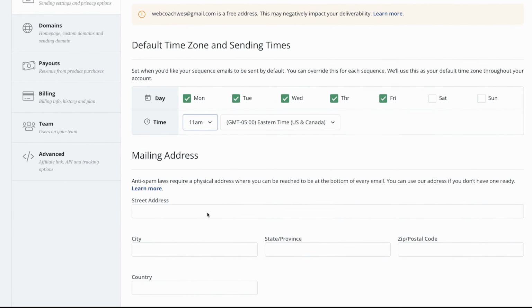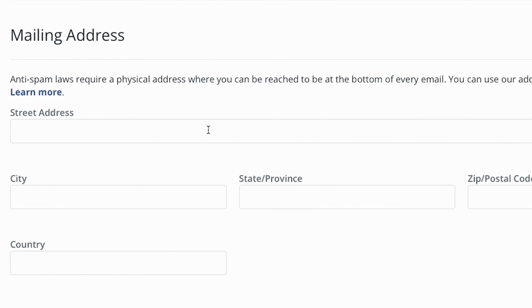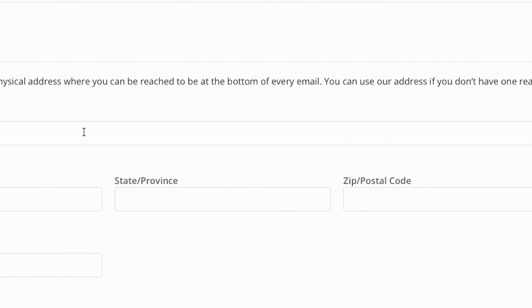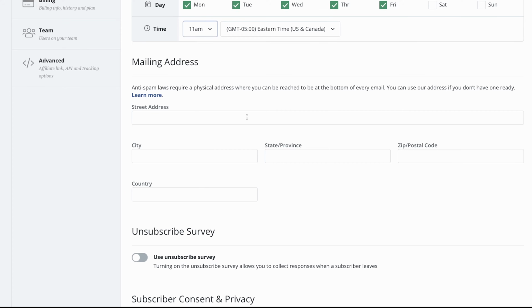And now this next part is really important. You actually have to put in your street address. And this is just basically anti-spam laws. They want to make sure that people are accountable for the content they're sending out. So you've got some options here though. You can put in your actual business address if you want to do that, but that's going to be visible to people. So if you value your privacy, you could do a few other things. You could get a UPS box or